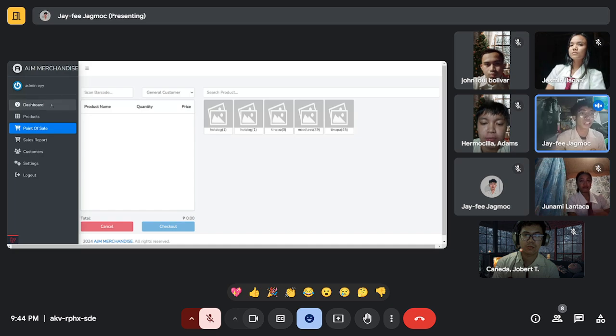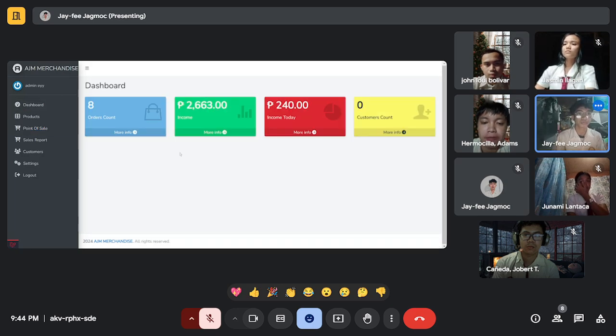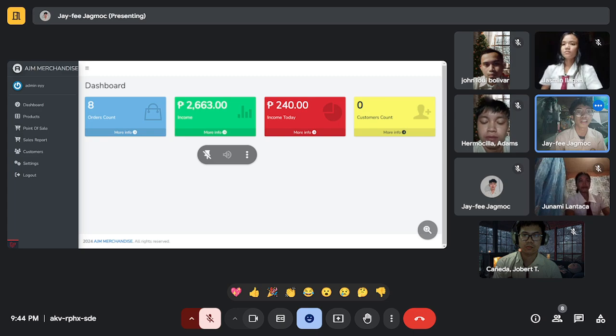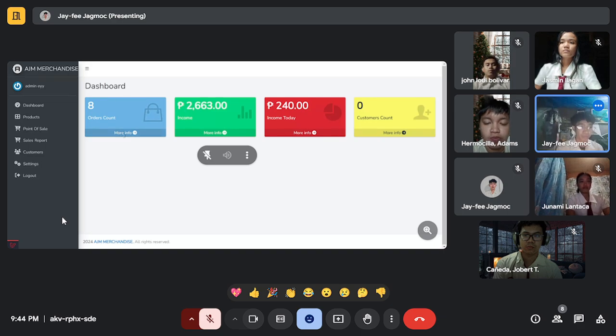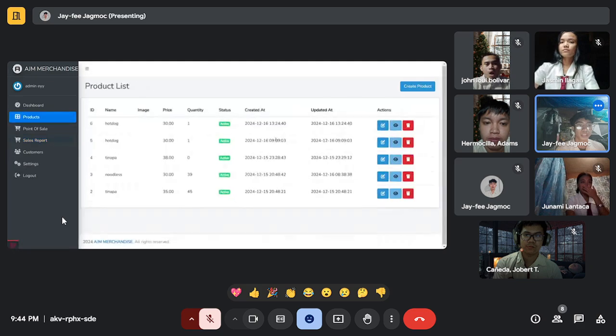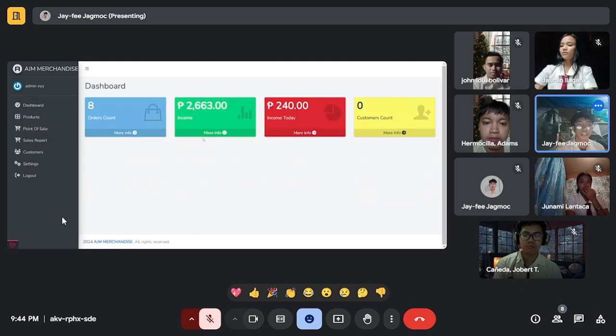So navigate to the dashboard. Check that the dashboard correctly displays the total number of orders, the total income, and other data. Check whether the dashboard updates automatically in real time or requires a manual refresh to display new data. To give an example,